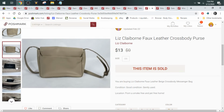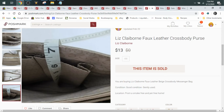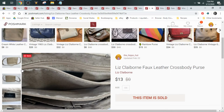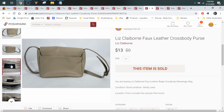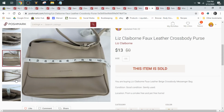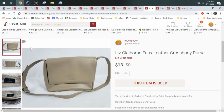Here we have a Liz Claiborne purse. This was picked up at the Goodwill for only 99 cents. I will pick up these lower end brand handbags when I see them for 99 cents at Goodwill. If I see them at a yard sale for $1 or 50 cents, I pick them up. People do like handbags. Not everyone is after the Kate Spade and Gucci and Dooney and Bourke. Some people still like these kind. Another good thing to keep your eye out for is the bags that have like the wild prints, like the Disney bags. Vera Bradley still does pretty well for me. Anything like that, or that has pop culture characters on it. Anyway, this purse sold for $13, so we profited